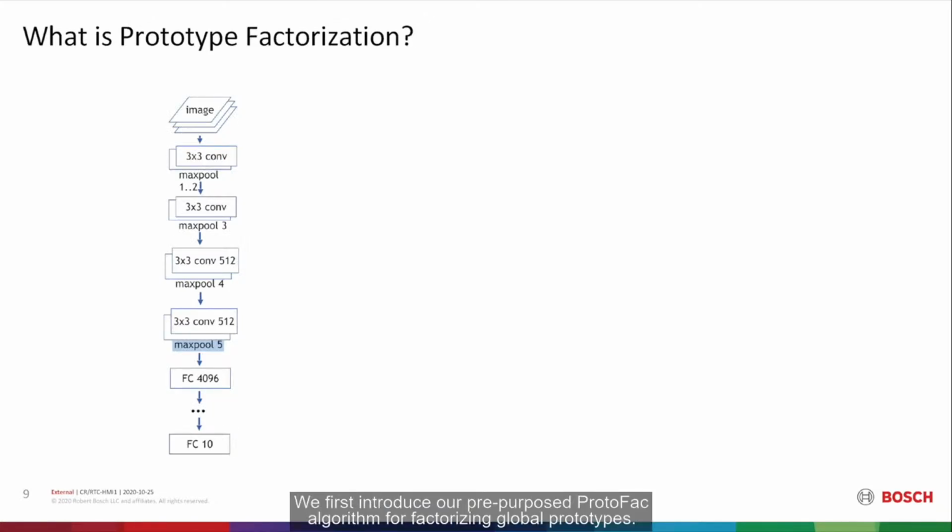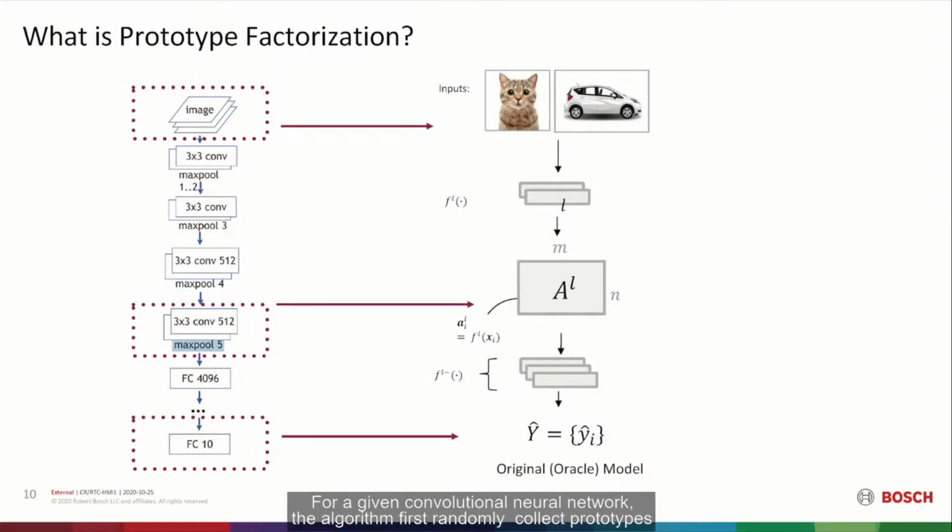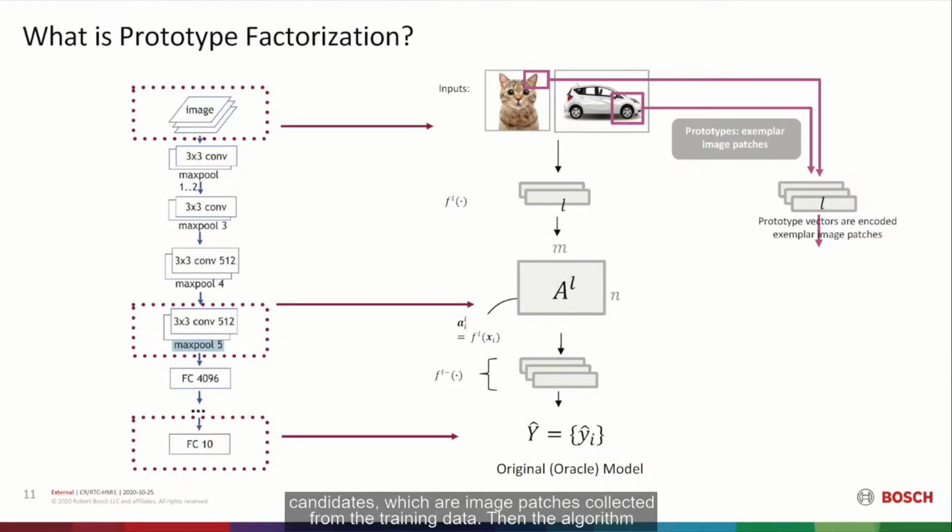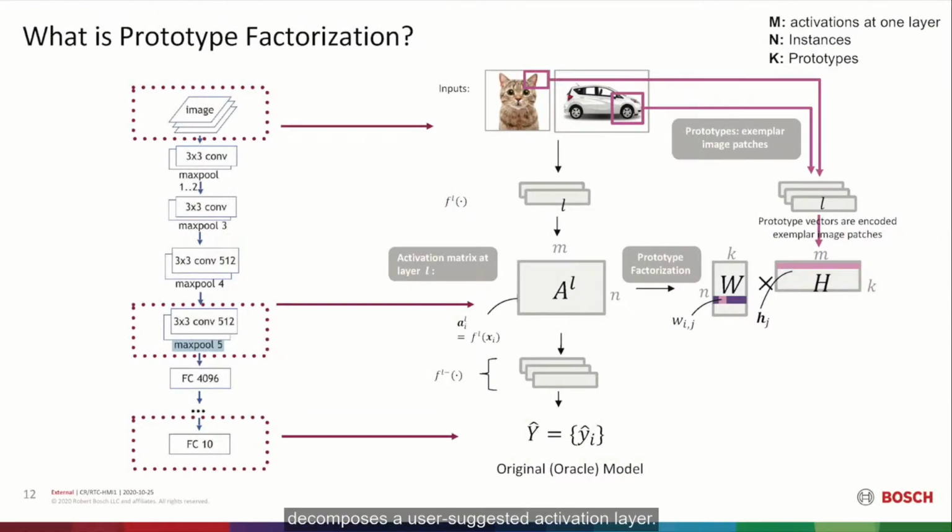We first introduce our previously proposed ProtoFac algorithm for factorizing global prototypes. Given a convolutional neural network, the algorithm first randomly collects prototype candidates, which are image patches collected from the training data. Then the algorithm decomposes a user-suggested activation layer. ProtoFac will decompose the matrix into two matrices, with the user-set K as the number of prototypes in total, namely the weight matrix W and the prototype matrix H. In matrix H, each row represents a flattened prototype, and in W, each entry in the row encodes the corresponding